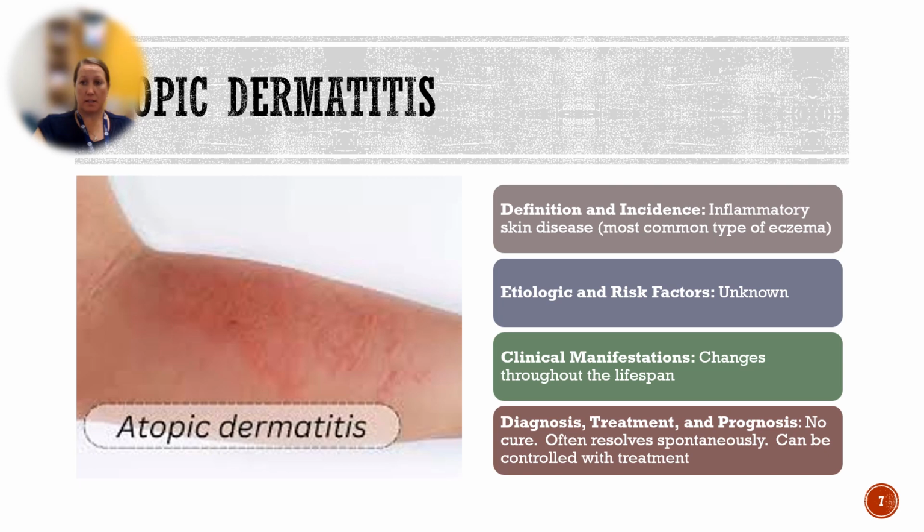Atopic dermatitis is a form of allergy in which hypersensitivity reactions such as dermatitis or asthma may occur in a part of the body not in contact with an allergen. Atopic dermatitis is a chronic inflammatory skin disease. It is the most common type of eczema, frequently already present during the first year of life and affecting more